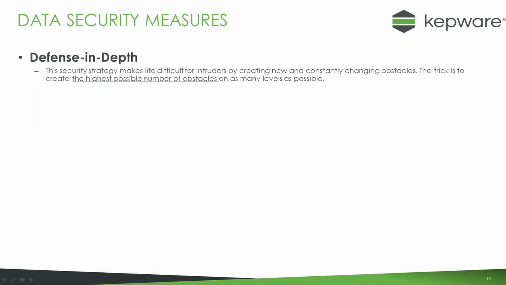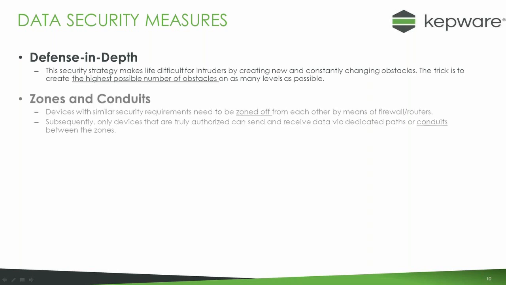So how do you do that? What measures can you take to defend yourself? The first one is defense in depth. So you can put the highest possible number of obstacles in the way, so there are multiple obstacles that need to be overcome in order for any intrusion or malware to have any effect. The second thing is you can zone products or devices